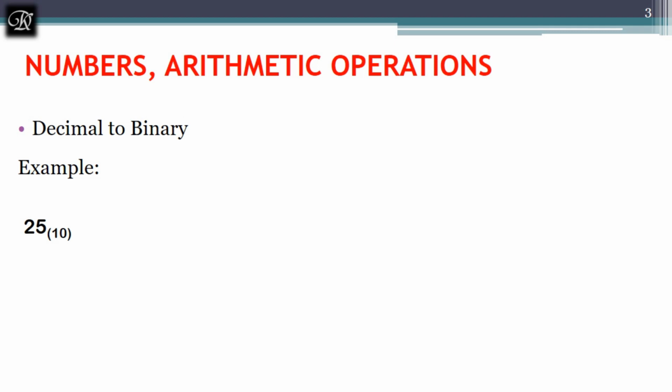First, before proceeding into the detailed discussion of the module, we'll learn how to convert decimal to binary. If we have already learned, we'll recall how to do this, because whatever arithmetic operations we are performing in this module are completely on binary numbers, but the values most of the cases will be given in decimal, so we should know how to convert a given decimal to binary. Let's see how to do this.